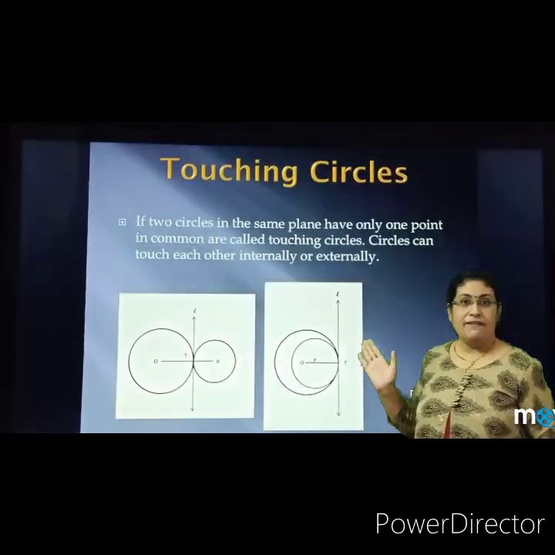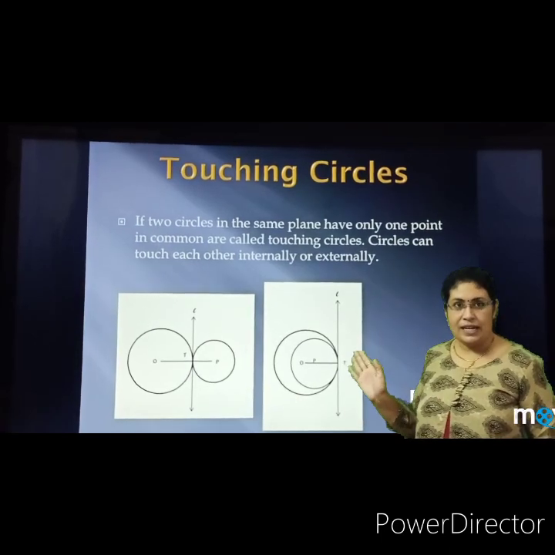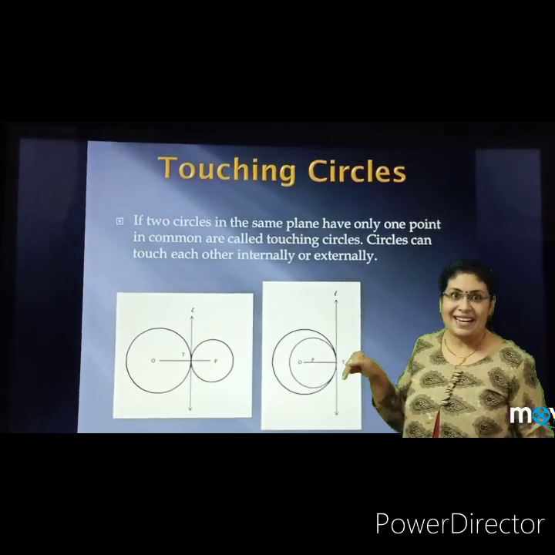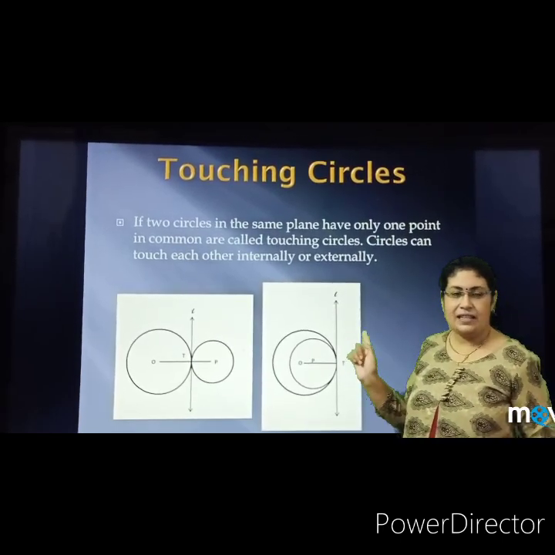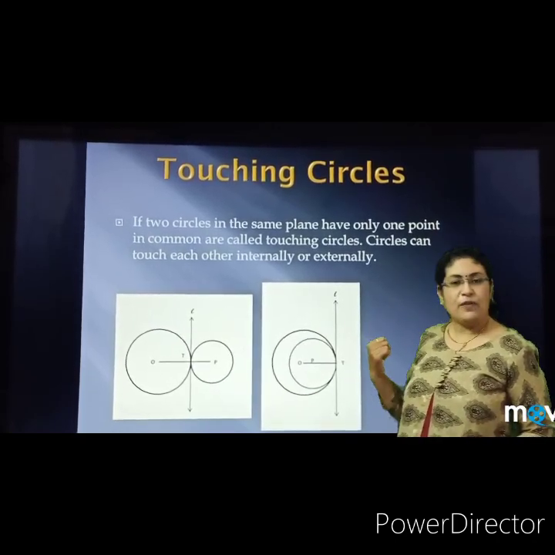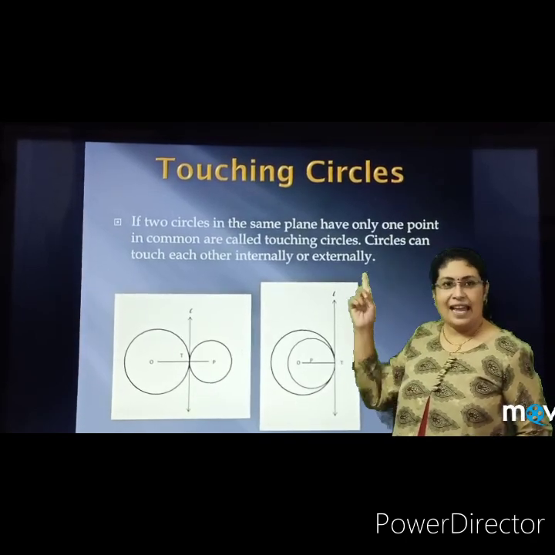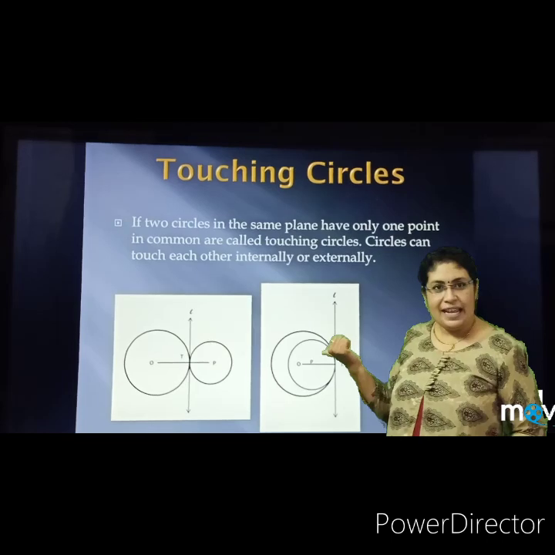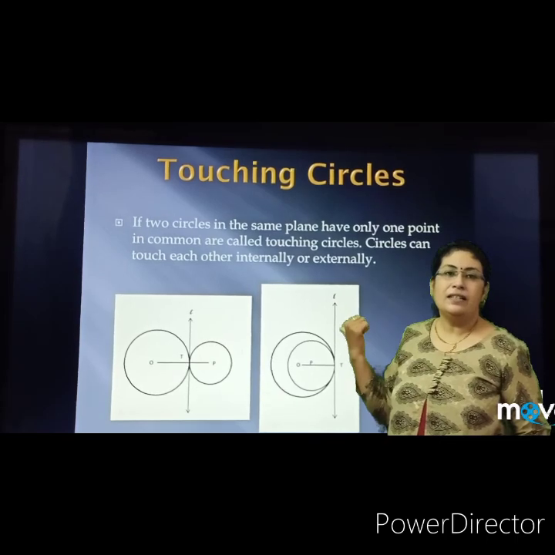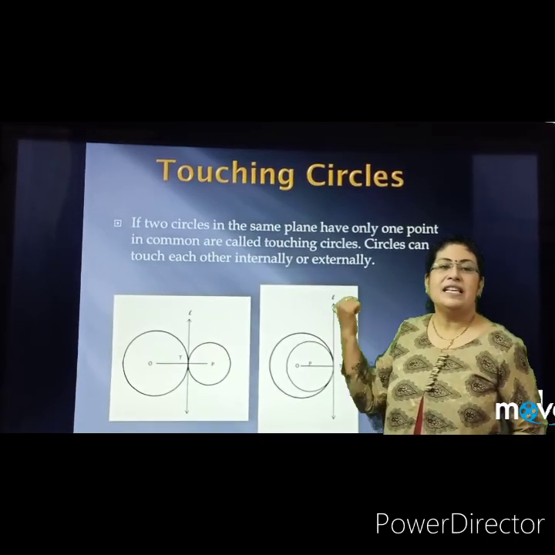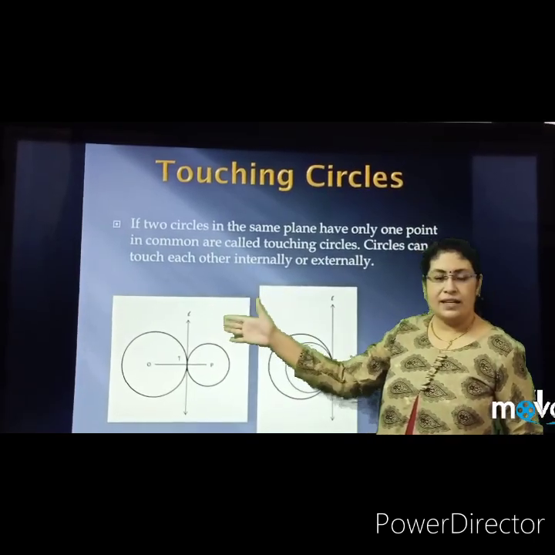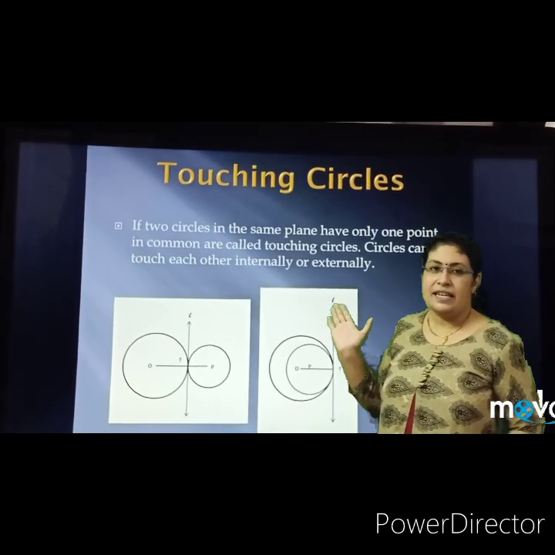Now here we can see in the second diagram that the two circles with center O and center P are touching each other but they are touching internally. Which means the second circle, the smaller circle, is within the bigger circle. So they are touching internally. Their point of contact is also the same, that is point T. Line L is acting as a tangent. Point T is common for both the circles and the line. This is the condition for circles touching internally. So you need to understand what is circles touching externally and what is circles touching internally.